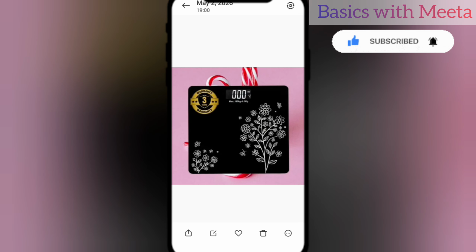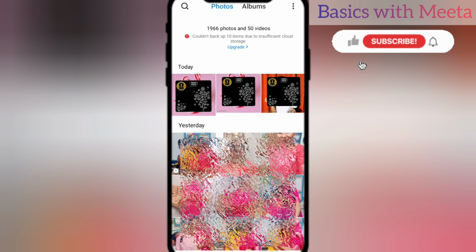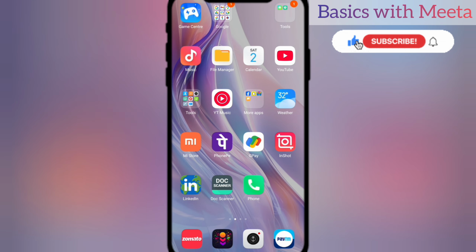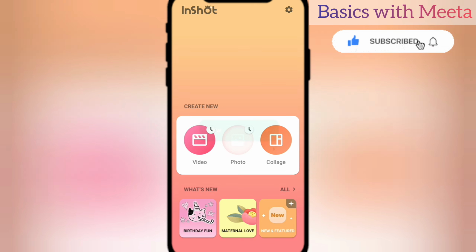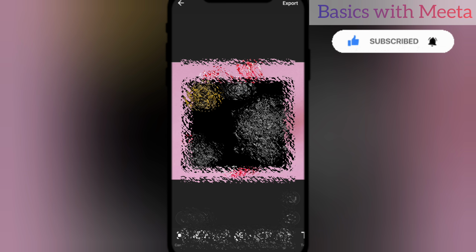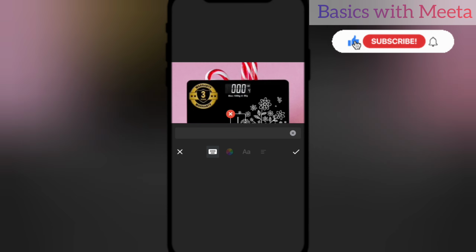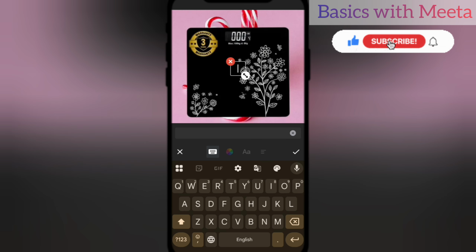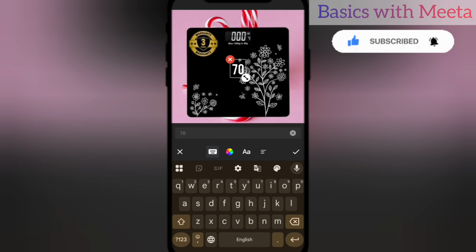Now whichever photo editor application you are using to edit your photo, it's up to you, but I am using the InShot application because it is free of cost. So I will go to the photo option here and I will upload this weighing machine picture, and here I will show the offer that anyone can avail on this weighing machine. So I will write 70% off,